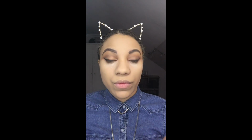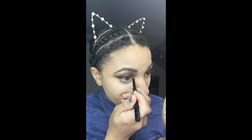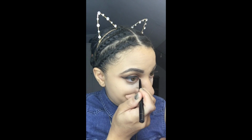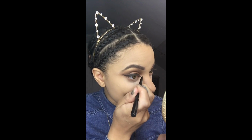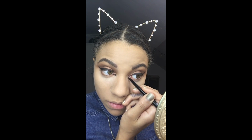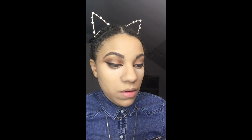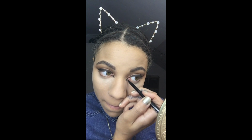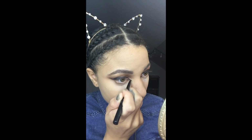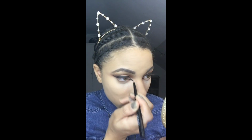So just darkening that wing. Same here on this side. And now I'm elongating my inner tear duct. I think that's just so pretty. Opens the eyes up a little bit more. I'm just being a perfectionist, that's why I'm not talking much. You see what